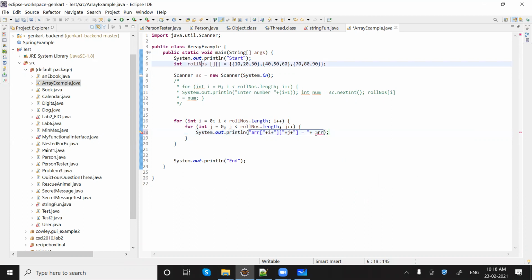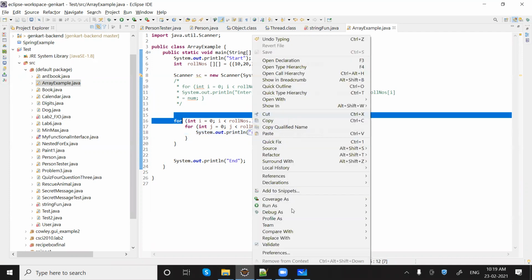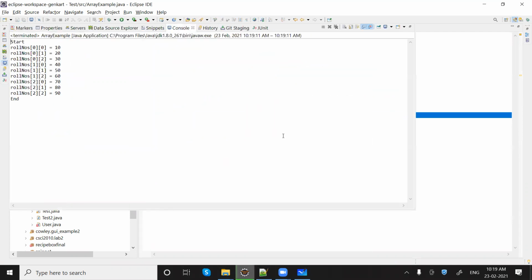No, sorry, in this case we have rollNumbers. So rollNumbers of I and J, okay. So basically we have numbers from 10 to 19, and you can see the indexes like 00, 01, 02, 10, 11, 12, 20, 21, 22.